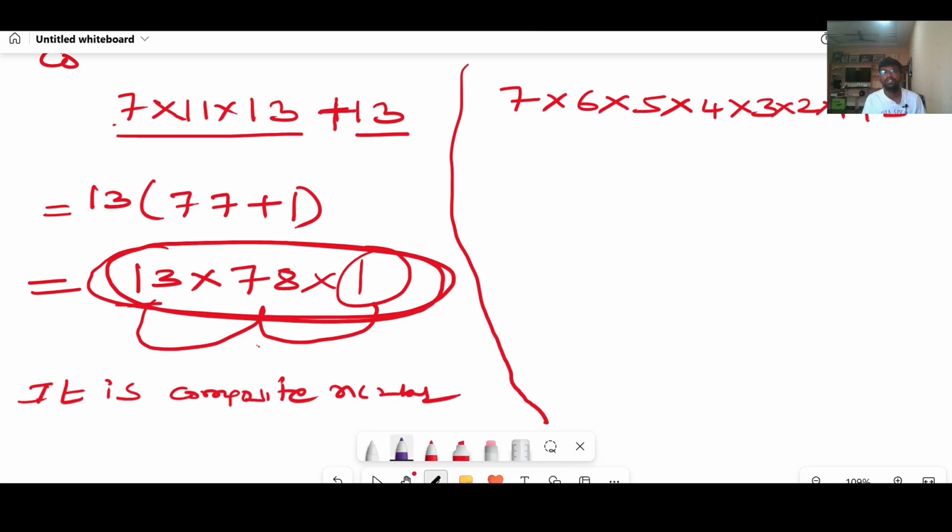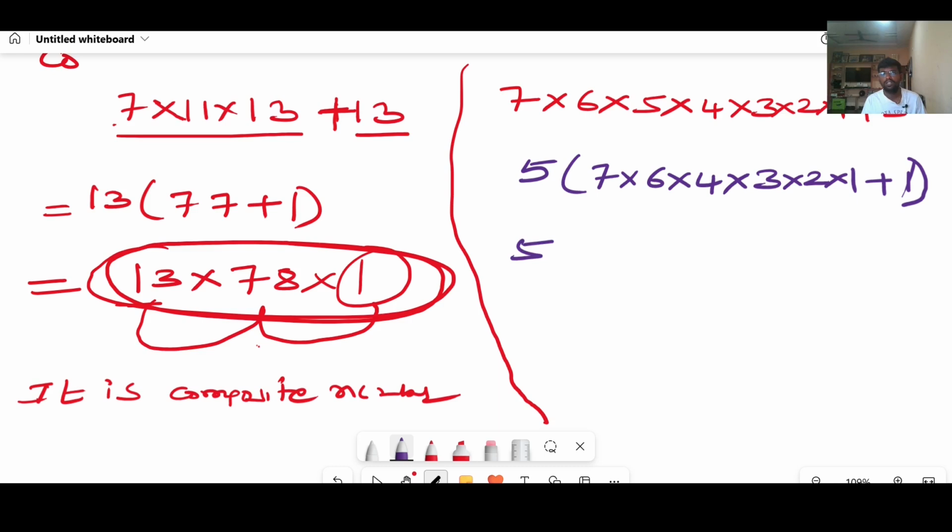You can take 5 as common. You will be left with 7 into 6 into 4 into 3 into 2 into 1 plus 1. Here 2 3s are 6, 6 4s are 24, 24 6s are 144, 144 into 7